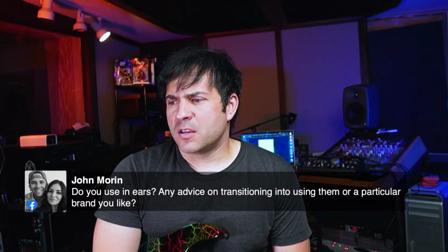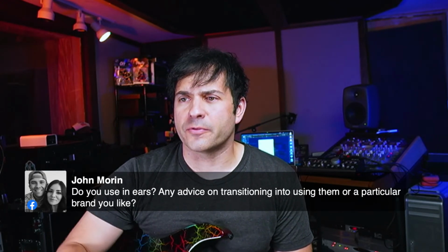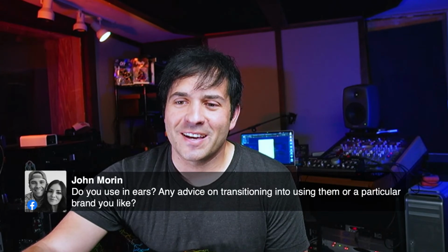Ears and, you know, the setup and the interfaces and all that good stuff and the cables. I think it's like a $10,000 investment. So you gotta have a little bit of money and you gotta have a little bit of patience. But anyway,